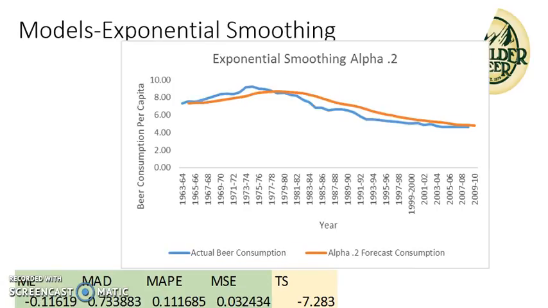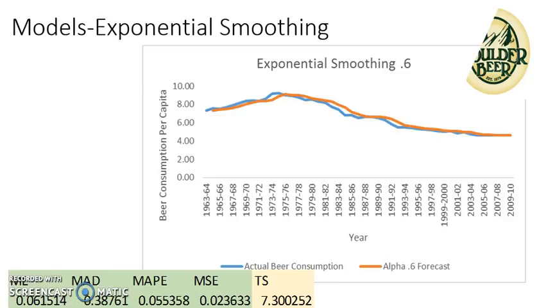Now we move on to the first of our 3 alpha values in the exponential smoothing model. This model is already the best model we've looked at thus far. The ME is low, the MAD is low, and the tracking signal is close to the -4 threshold. The next exponential smoothing is again showing a tracking signal that is almost within our -4 to 4 range. This means that we're on the right track, but our alpha value must fall somewhere between the 0.2 and the 0.6.